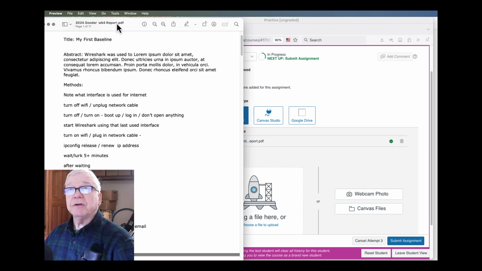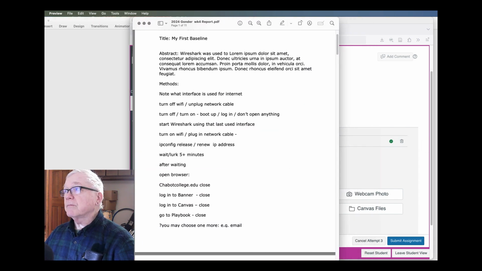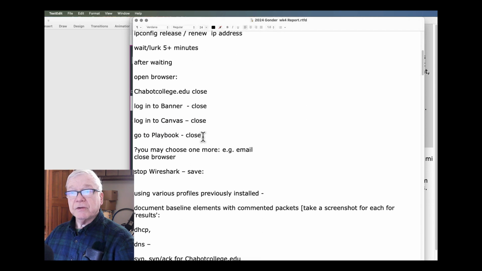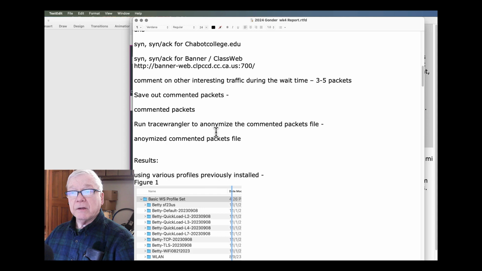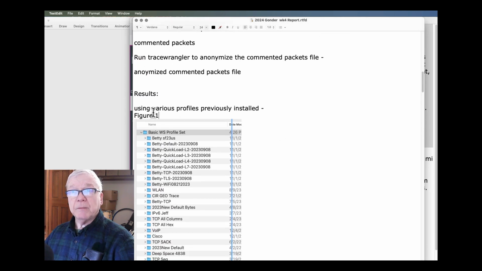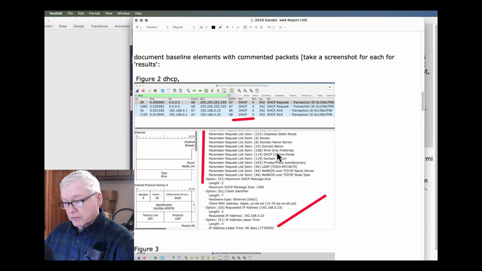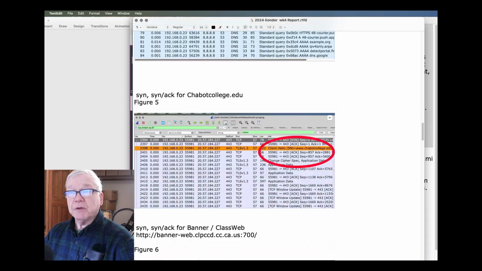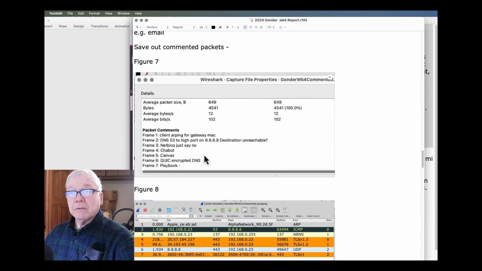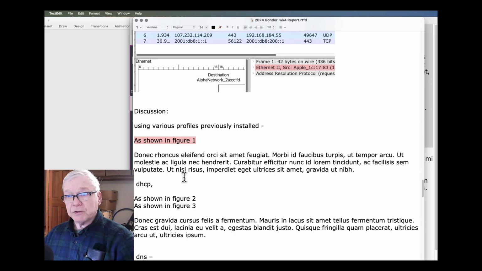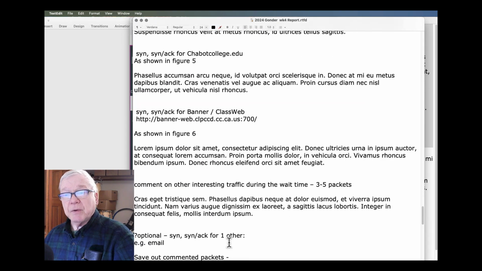My PDF, as I finished it out and saved it out of the RTFD, there's my stuff, abstract, here's my methods list down here, and then when I got results, I took my screenshots and I labeled all my figures. Here's my results. I might say something about it, but I'm labeling the figures and annotating things, because once I get down here, figure 7, figure 8, figure 9, to the discussion, I'm going to talk about blah, blah, blah, as shown in figure 1, blah, blah, blah, as shown in figure 2, blah, blah, blah, whatever I'm going to say about this.